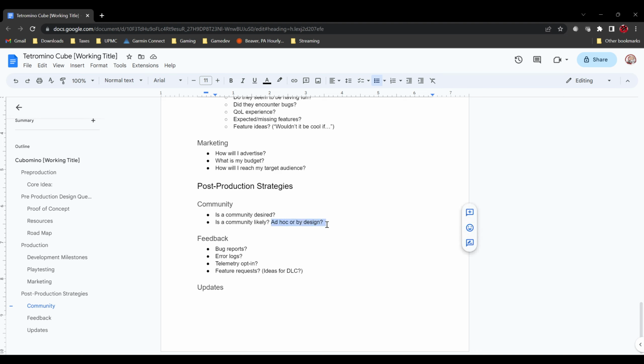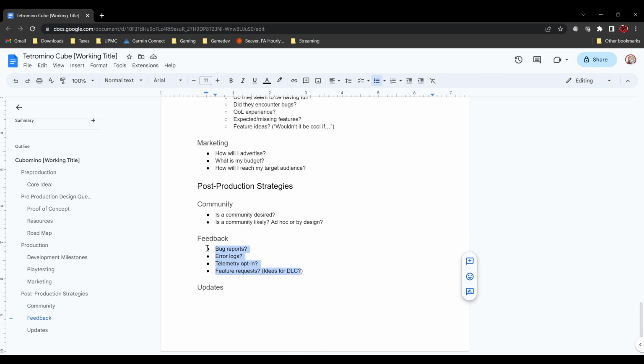And by ad hoc or design, I'm wondering, if I do make a game, say a building game like Valheim or Minecraft, you end up with a community just by chance. They congregate on Reddit, forums, Steam forums. But there's also the option that I can design my own community through, like I mentioned, Discord. That would be more of a designed by me community.